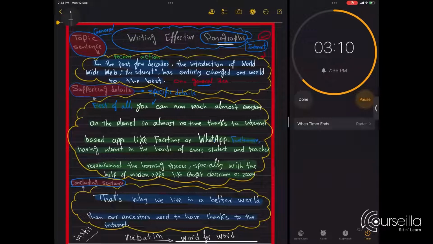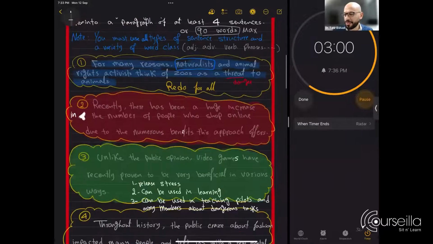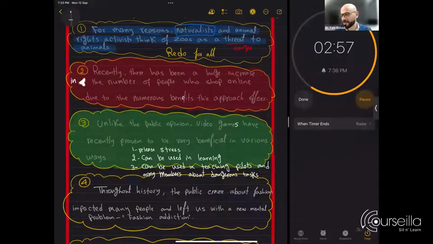Concluding sentence. What do we do in the conclusion, everyone? Come on. Summarize, we rephrase the first paragraph. And I've tricked you and have stolen 2 minutes of your time. بسرعة يلا ابعت paragraph in the chat box. You have 3